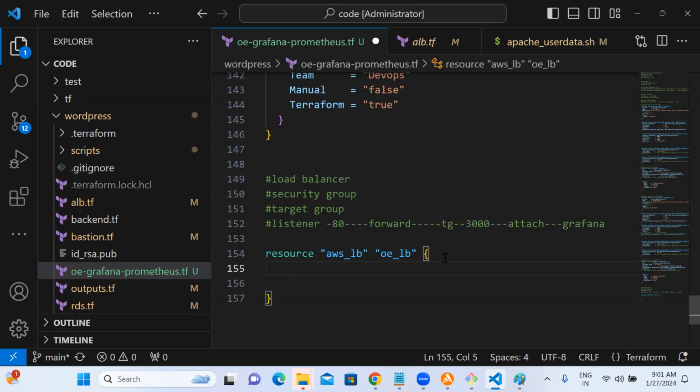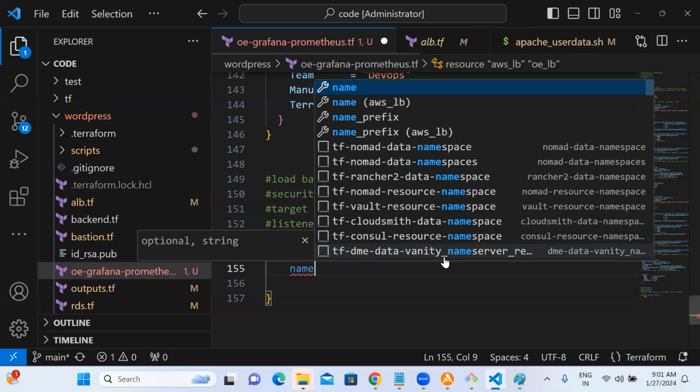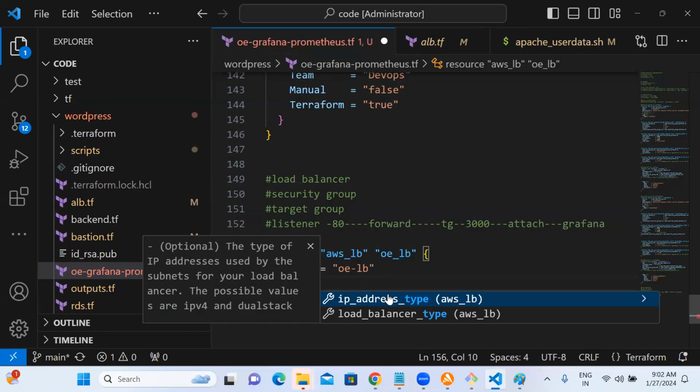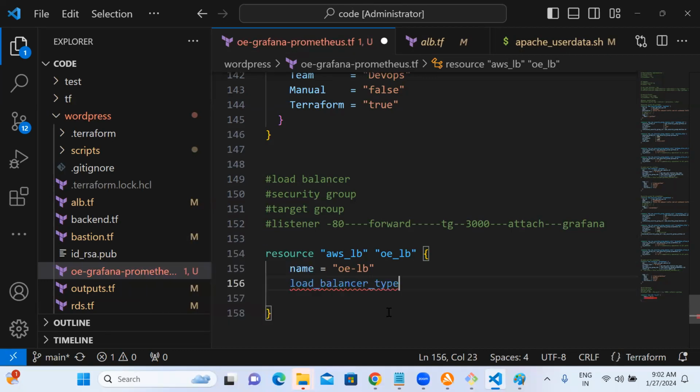What and all you will be attaching? We have to give a name, obviously. oe_lb observability. And the type of load balancer, whether it's ALB or NLB. Load balancer type, ALB.